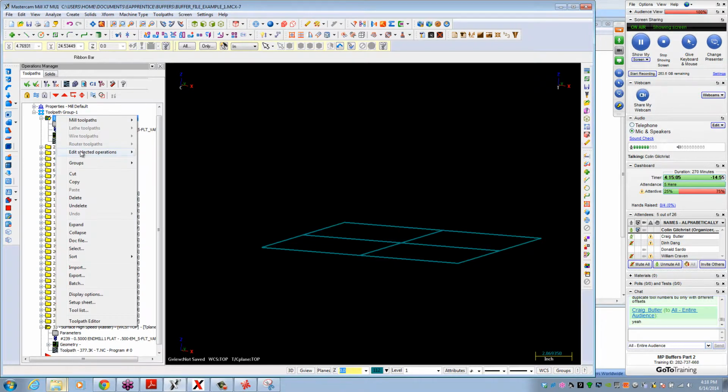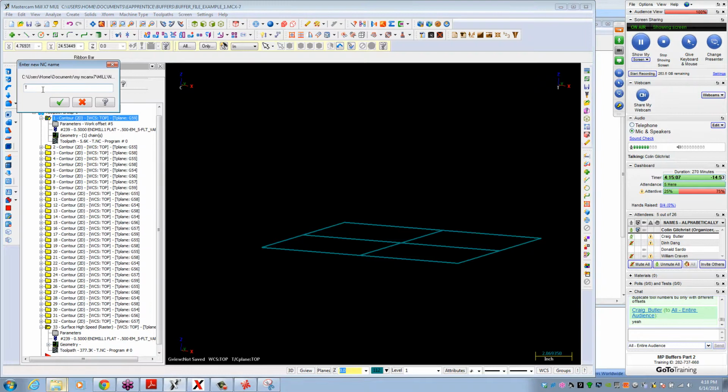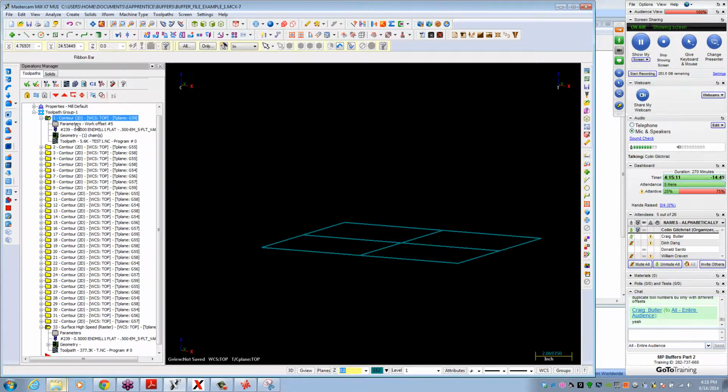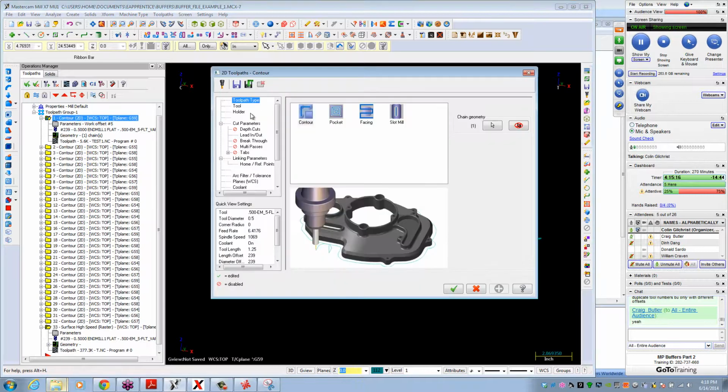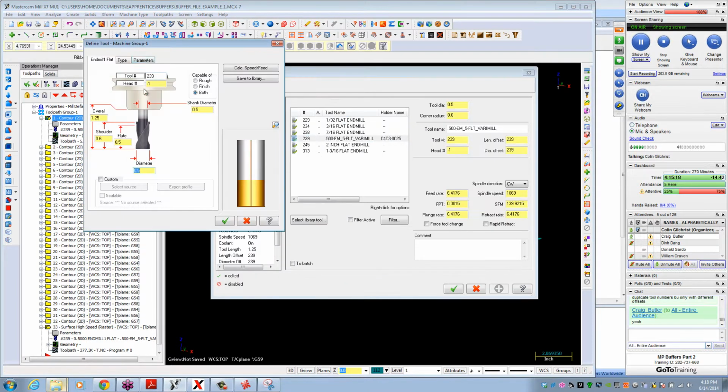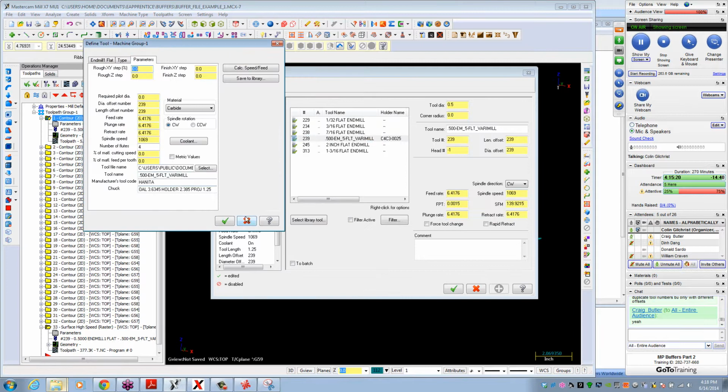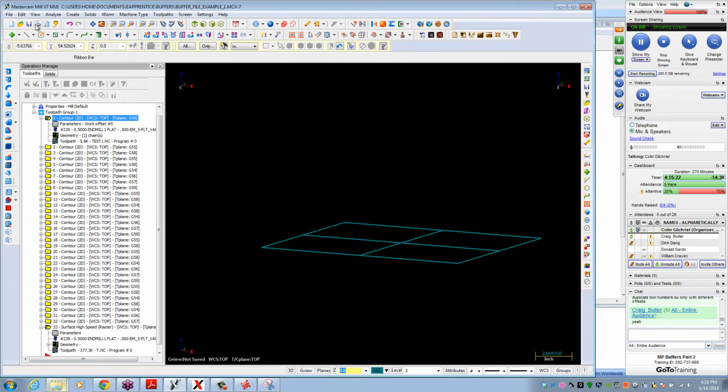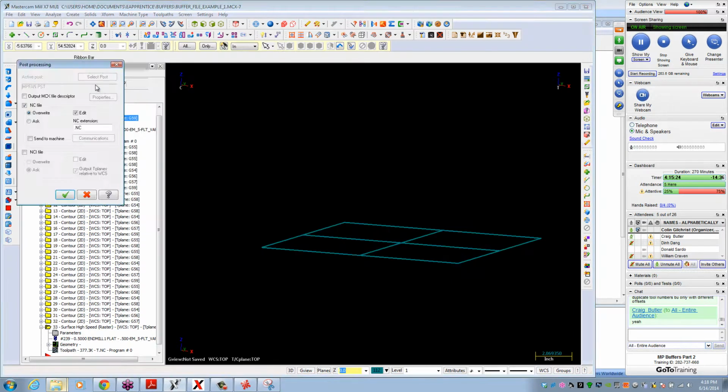And I'm just going to change the NC file name here just to test one so that this is its own separate program. And if I look at that tool, I've got that data there. So if we post out and we look at the NCI,